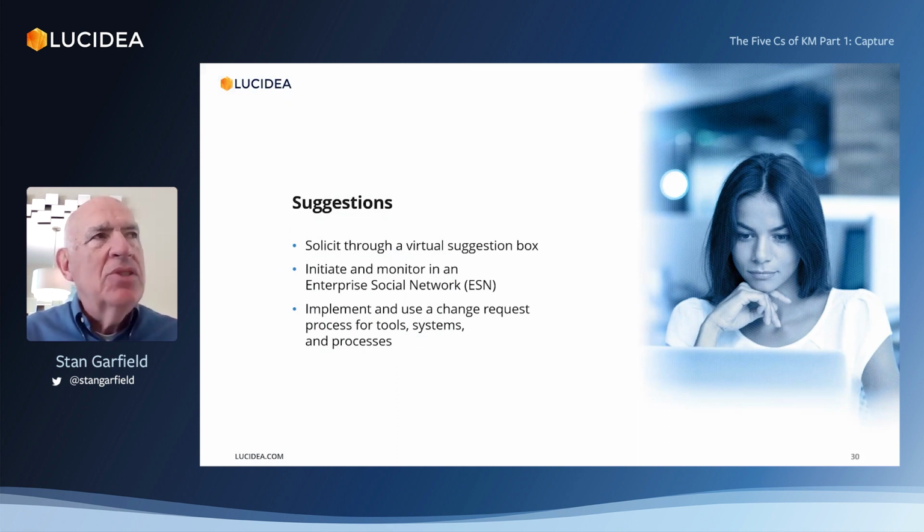So if you're operating a knowledge management program, and in that program there are people, process, and technology components, it'd be useful for you to hear from your customers and users what they think about all these. Among the things you'd like to know are: are the things we're providing for you working? Are we missing anything? Is there something else we should be adding? Is there something that we're making you do that you don't like, or doesn't work well, or is time consuming or